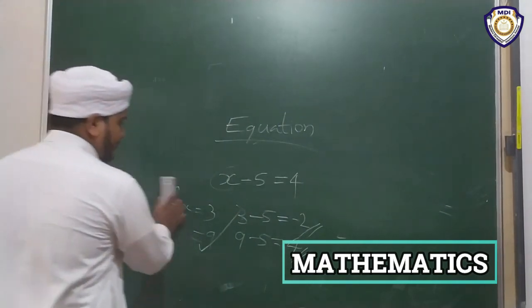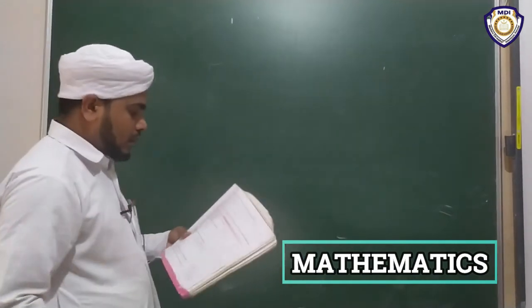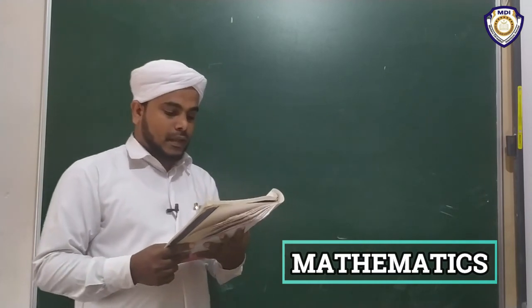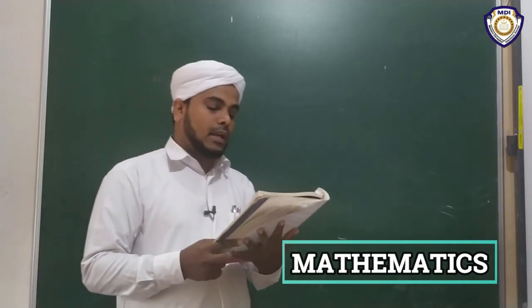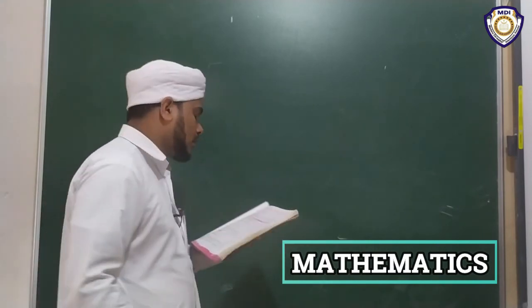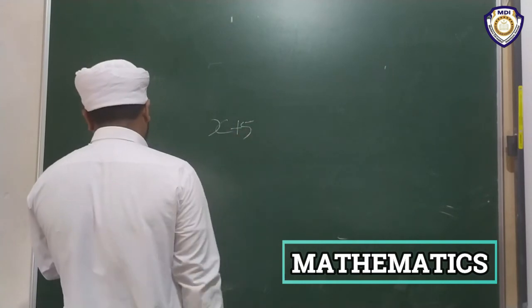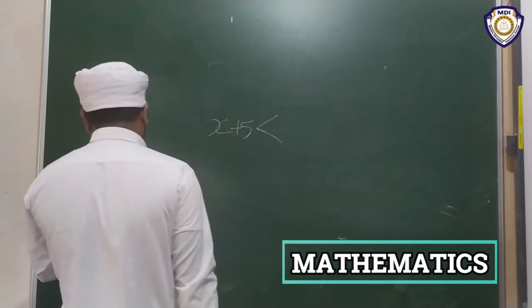Okay, listen here. There are A, B, C, D, E, F questions, 6 questions. First question, x plus 5 less than